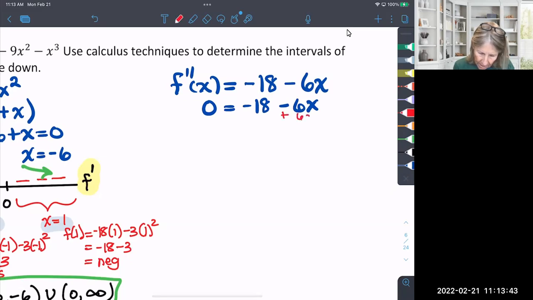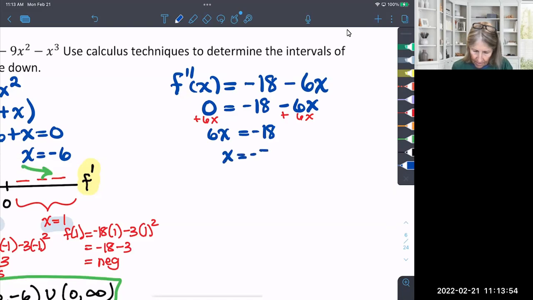Let's throw my 6x to the other side here. Let's not make it complicated. How about 6x will equal -18? And if I divide by 6, how about -3? So remember what this is. This is your possible inflection point. Now on this problem, it didn't ask me to actually find inflection points, but I need this to figure out